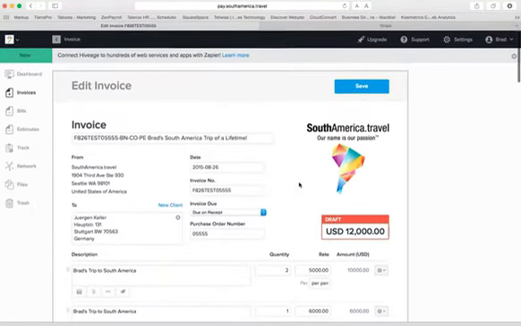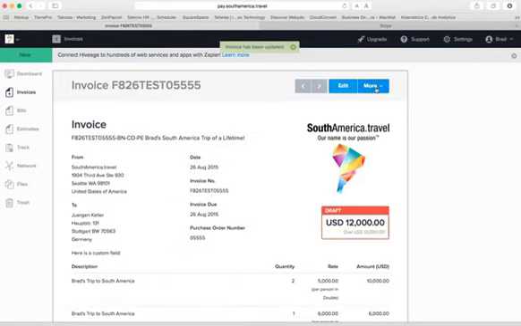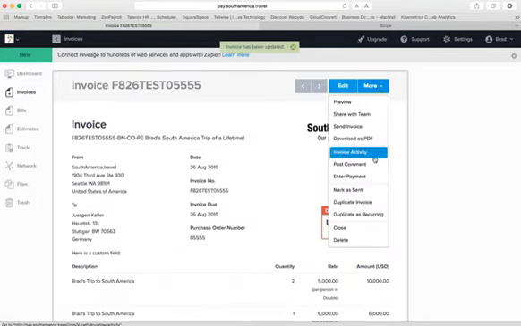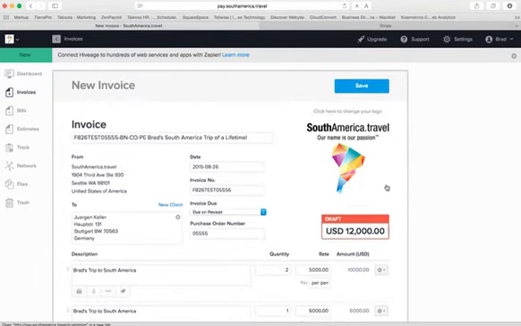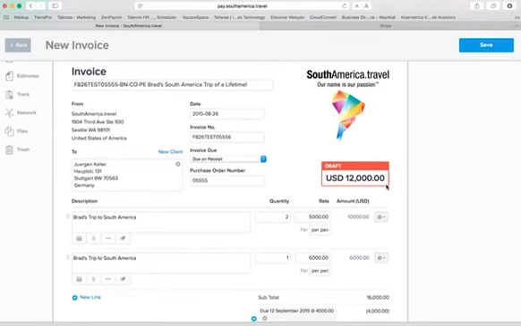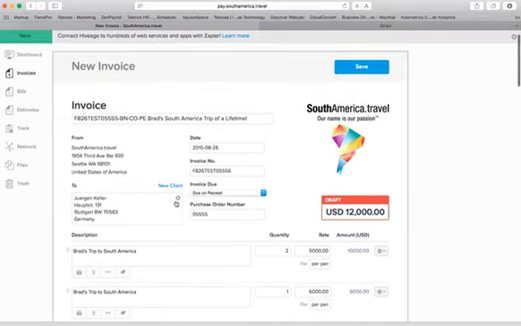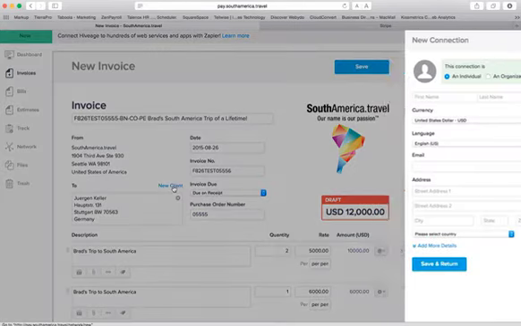Okay, so what if you have a couple of different people traveling on a similar itinerary? Our best friends and their dog are going on the same itinerary, so actually once we save this, we can create a duplicate invoice as well. Okay, so here's our duplicate invoice. We can go in here and put in